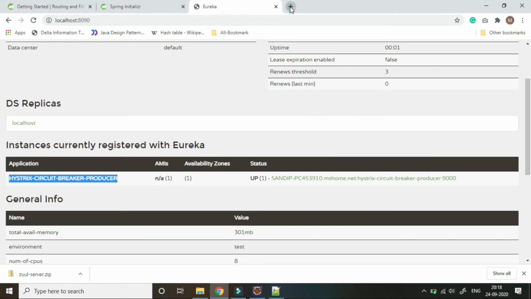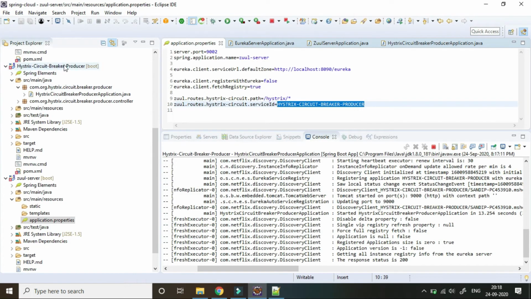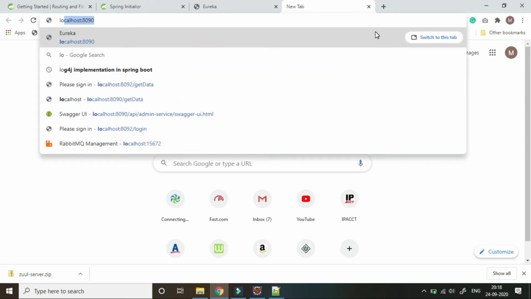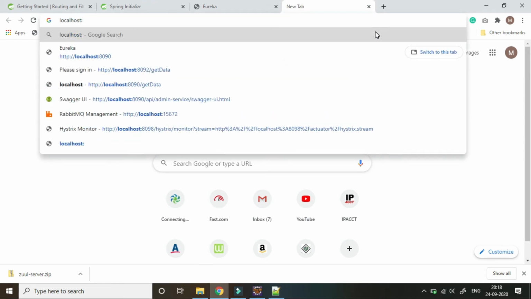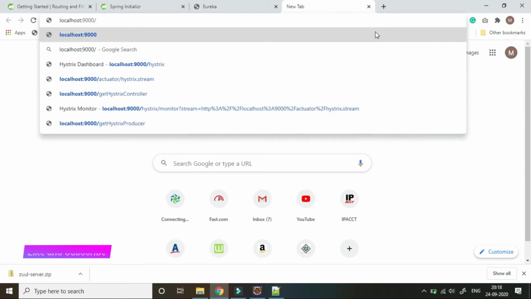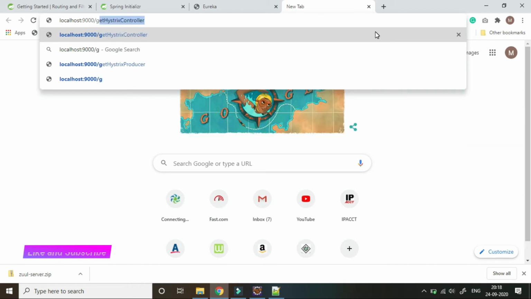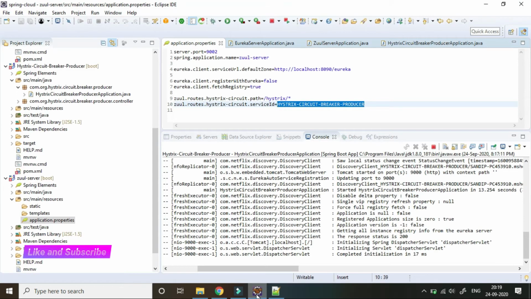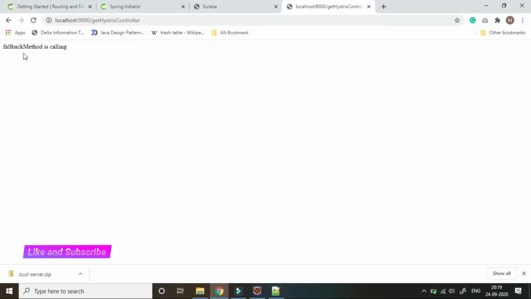So if we want to access our Hystrix circuit breaker producer, then we have to call localhost. So our Hystrix circuit breaker producer application is working properly.